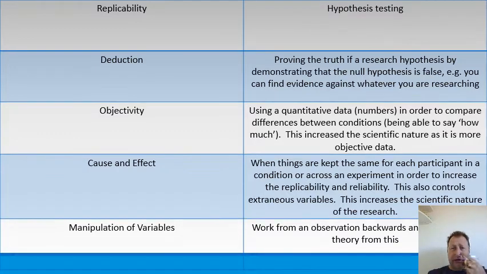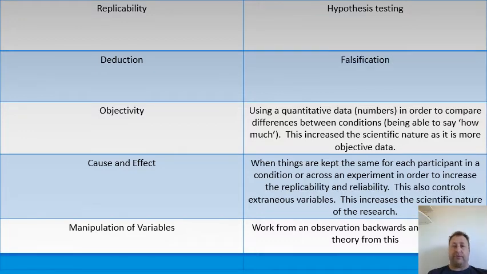The next one is you have to be able to test your hypothesis. So you have to have it measurable. Proving the truth of a research hypothesis. The next one is falsification. You have to be able to prove things wrong. Science is our best guess at the moment. We always prove things wrong. So that's really important that we're able to prove it wrong. When you go on to Freud's theories, those of you who do criminology, you've done that. You can't prove it, so it's completely unscientific.